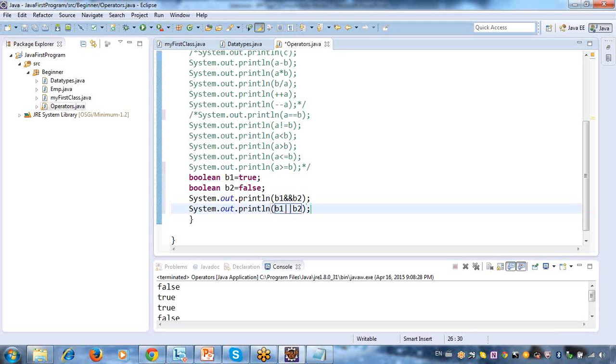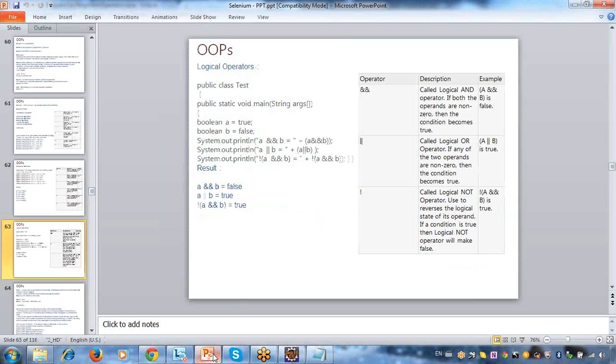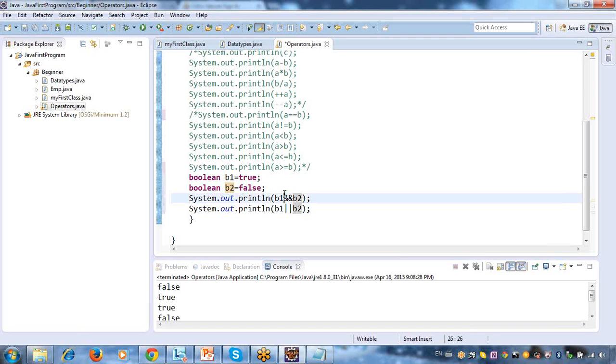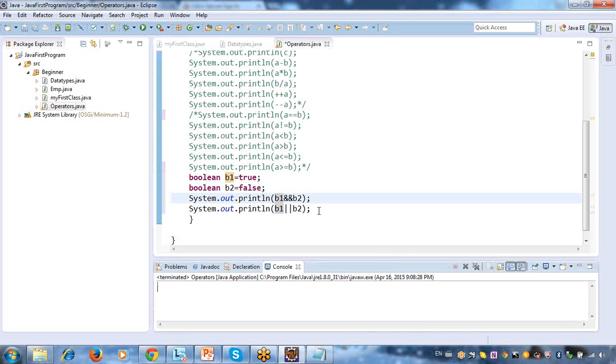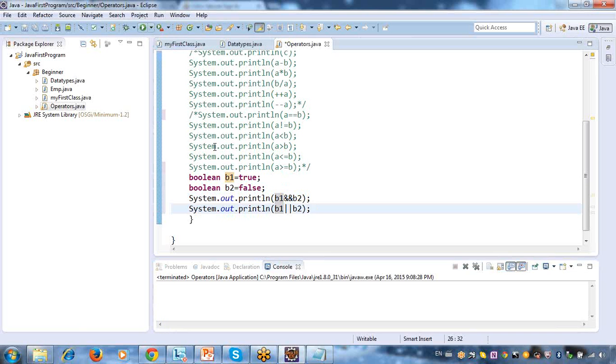So here, what you are trying to do is check your logical operators. You just need to remember these symbols, nothing else is required. While writing the code, you will write it automatically, and if you understand that here I can use my logical operators, then the only thing is you need to remember these symbols, that's it. When you run this, see what will happen. First output should be B1 and B2. AND means both should be true, then only your output will be true. But here one is false, so output should be false. But B1 OR B2 means at least one is true, so your output will be true.